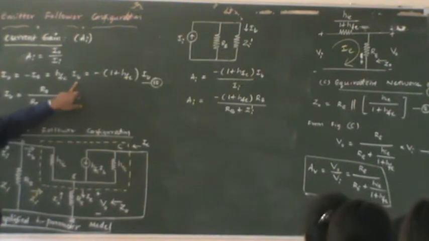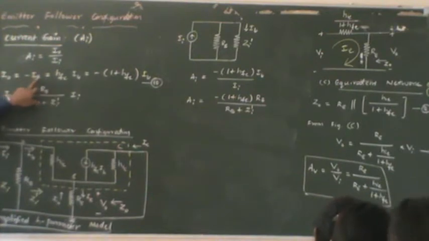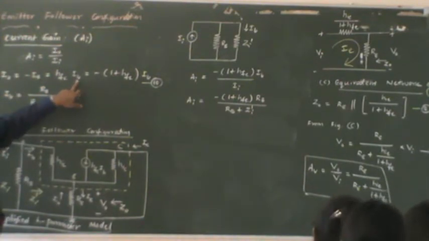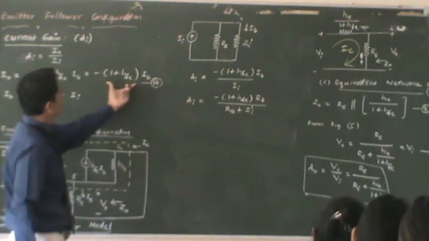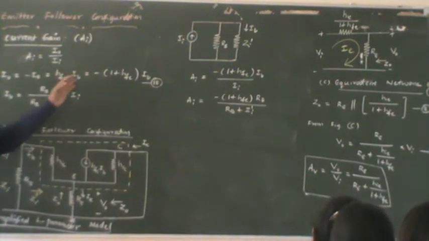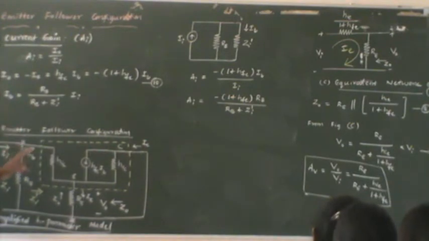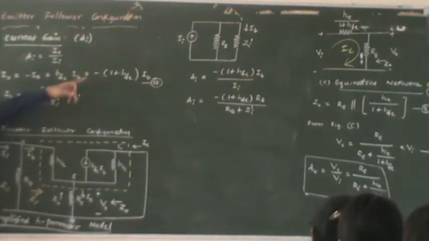Previously we already showed how this emitter current IE is equal to 1 plus hfe times IB. This can also be written as I0 equals minus 1 plus hfe times IB. That's called equation 10. Before we proceed further, we need to calculate the input section equivalent in terms of a current source. So what I have done is, instead of this VI, I indicate the input with a current source. You can see here that it is labeled as II, and this resistor RB is connected as it is, in parallel across your II current source.